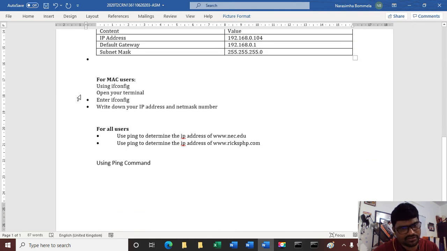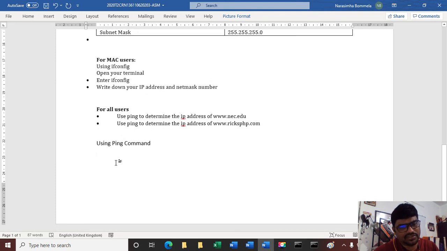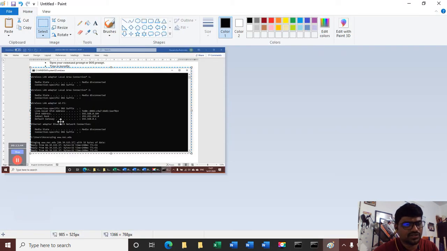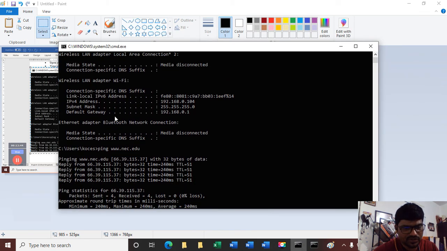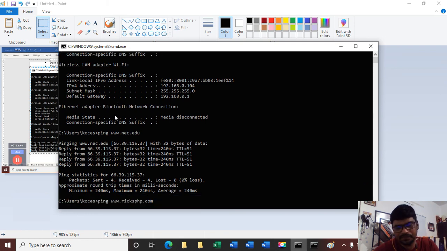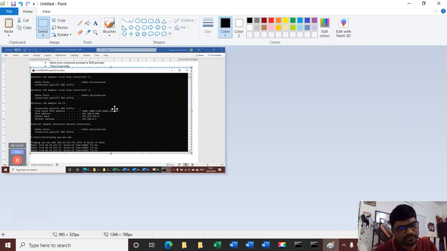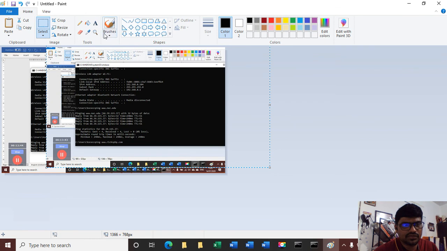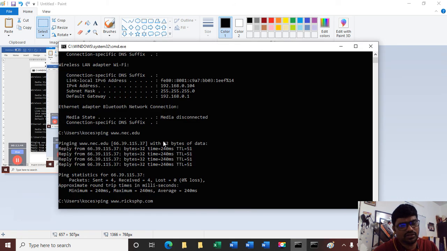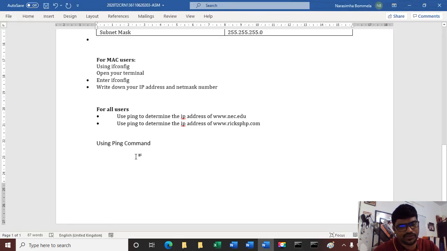Then, using the ping command, here also you give two screenshots. First, the ipconfig success screenshot, then go for the next screenshot. I want you to put all three screenshots, and explain the information I explained to you.